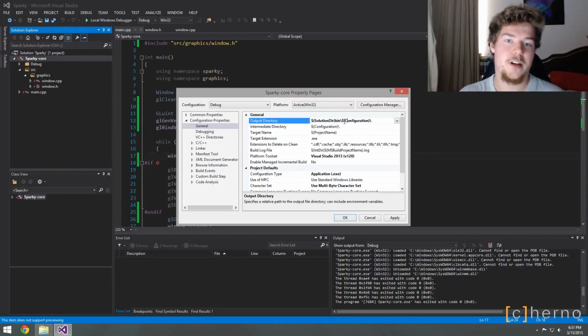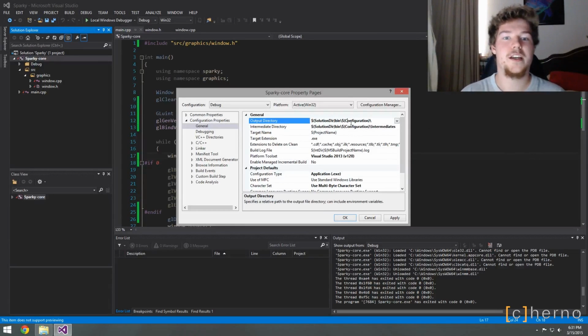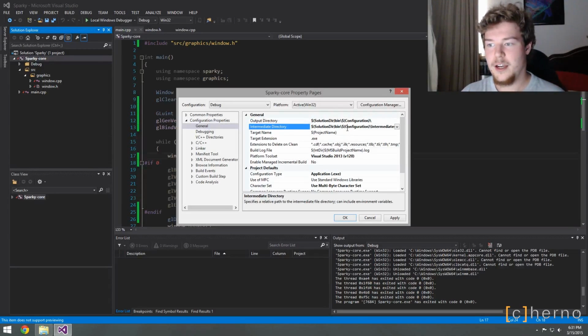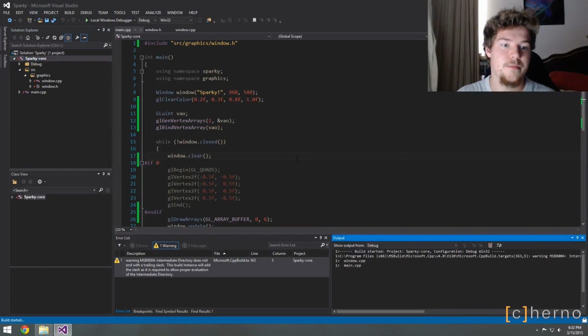Intermediate directory, I want to put into essentially the same directory as this. So I want to put it into solution directory, bin, configuration, and then intermediates, just like that. Again, this is just my preference. It doesn't matter what you decide to do, it's really up to you, but we're going to do it this way. So if we just hit OK on that and we try and build this,